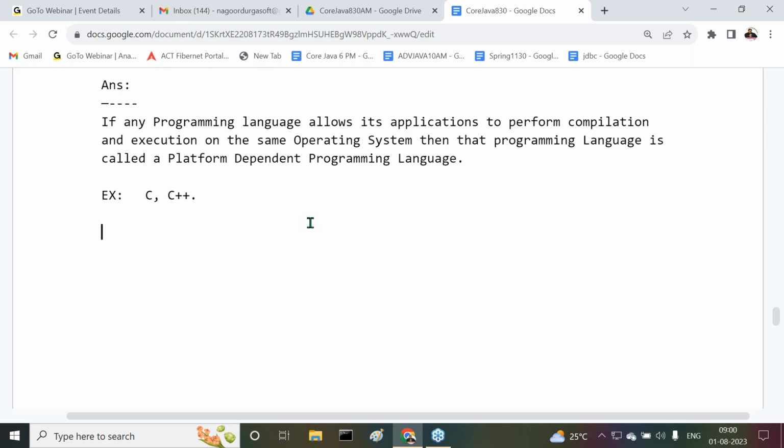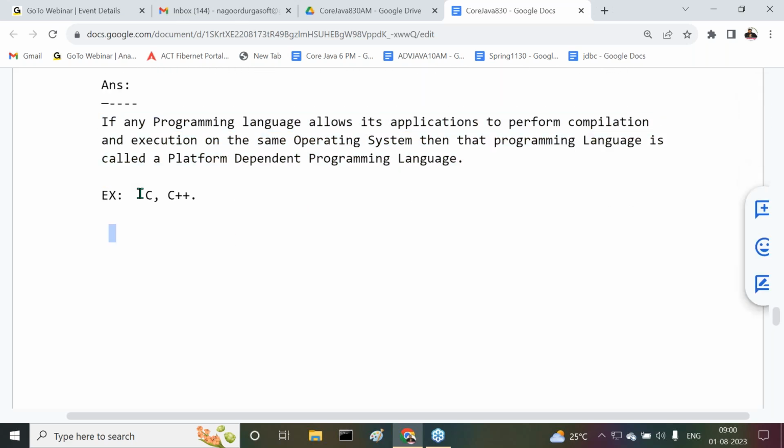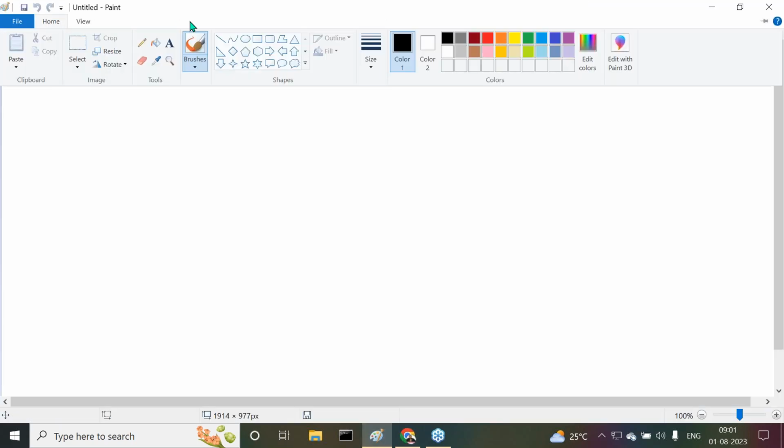Okay, but my question is, sir, we are given a definition and we are given examples, it's okay, but how are C and C++ platform dependent and how is Java platform independent? What are the internal reasons that I want to know? Right, if you want to know about that internal content, I'll give one small representation. Try to understand this representation clearly. Everybody put more concentration here. For example,